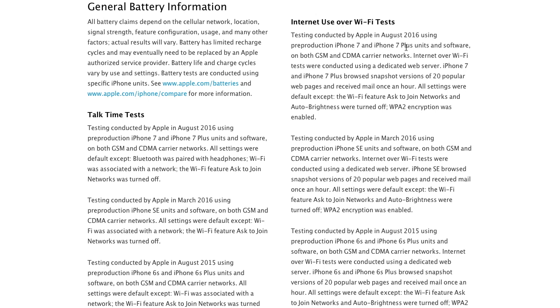So again it says these are the devices used, and these are the settings which they used during the test. Internet over Wi-Fi tests are conducted using a dedicated web server. Remember, it's a dedicated web server. It's not the usual broadband services, the usual server which we use as a consumer. It really depends and varies a lot. And one more thing, iPhone 7 and iPhone 7 Plus browse snapshot versions of 20 popular websites. That means the websites have already been cached into the memory